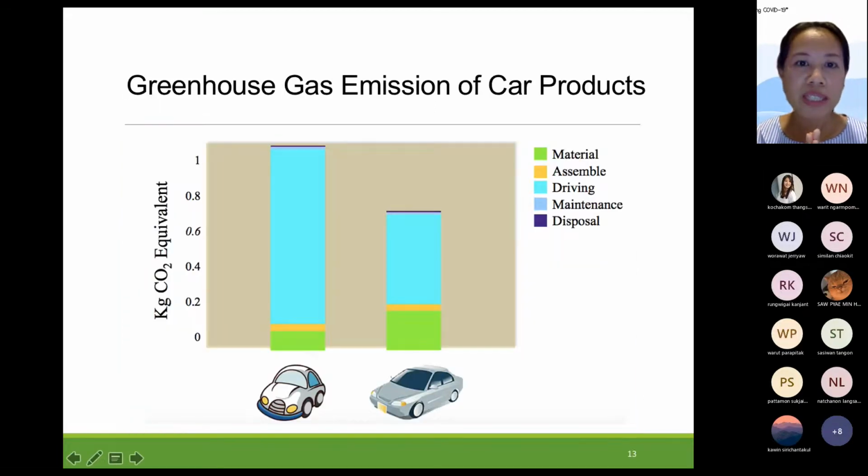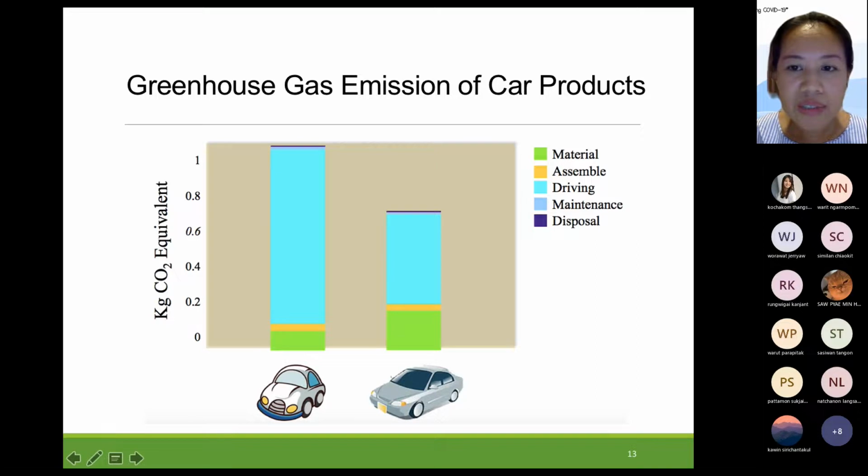And also we can use the information of the LCA to compare different environmental impacts, like the greenhouse gas emission of the car product in two types of cars. You can see this graph. Normally, if we are concerned about greenhouse gas emission, LCA can be calculated based on kilograms of carbon dioxide equivalent, right? And also we can know from this graph, you can see